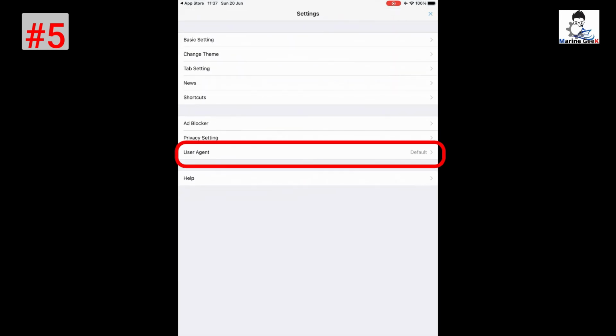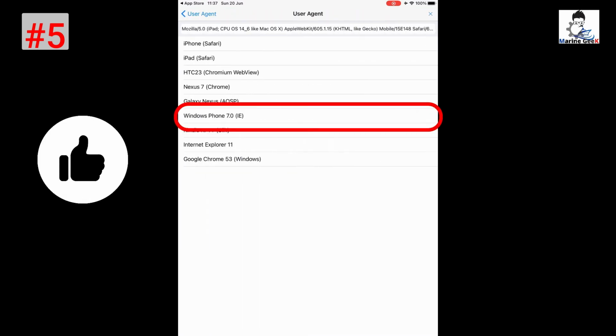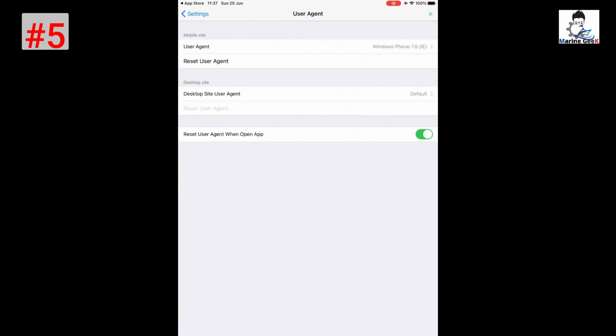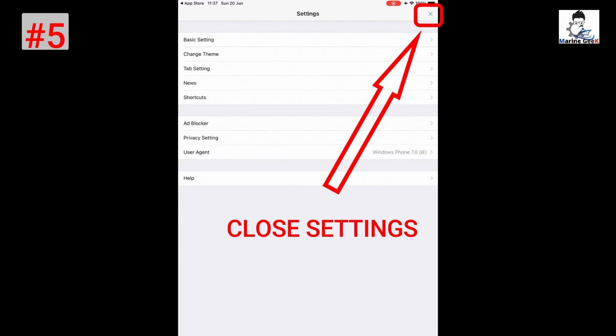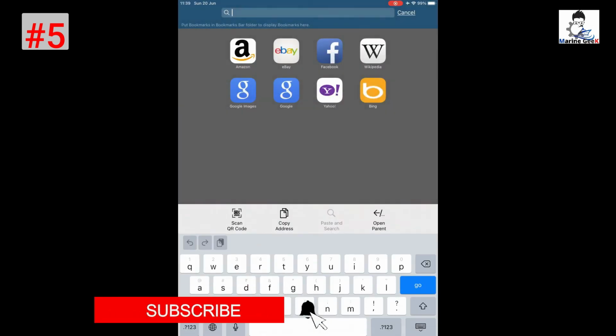Go to the settings, user agent, and select over here on top user agent, and then select Windows Phone, and then you can go back, close the settings, and the app automatically refreshes, and if it is not, just refresh it.